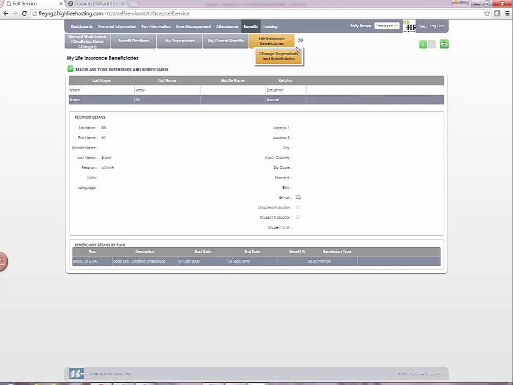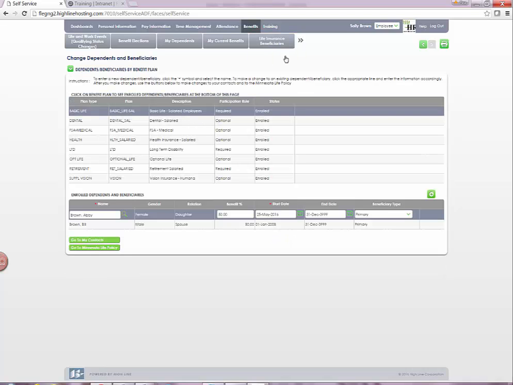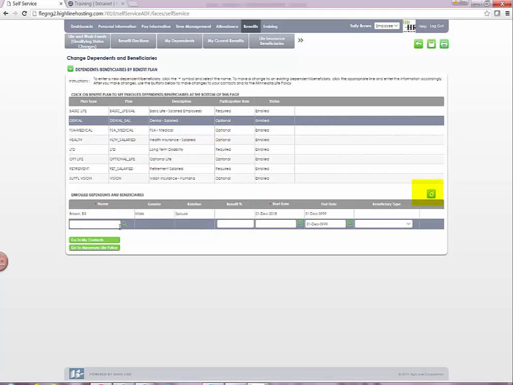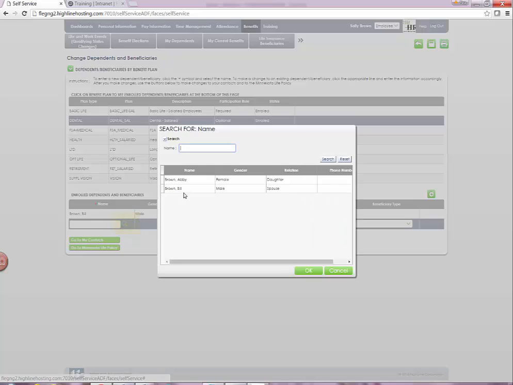We'll click our double arrows and click on our last tab, which is how you would change your dependents or beneficiaries. So you would click on the appropriate benefit, and then if you wanted to add, for example, for the dental coverage, the spouse is already added, but if you wanted to add someone new, you would click the plus sign, click the spyglass,